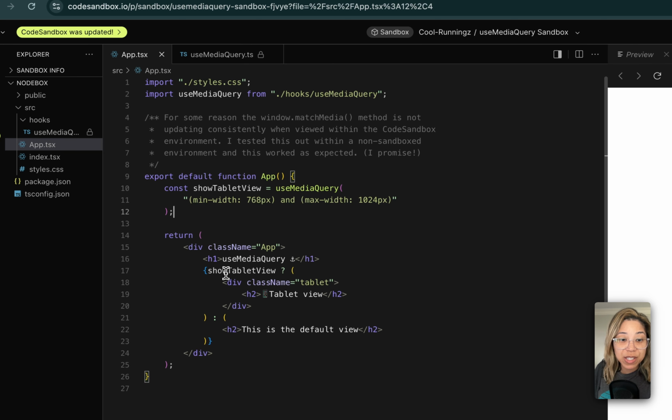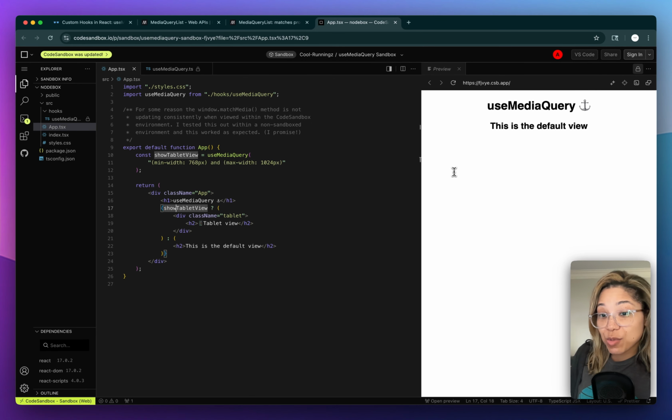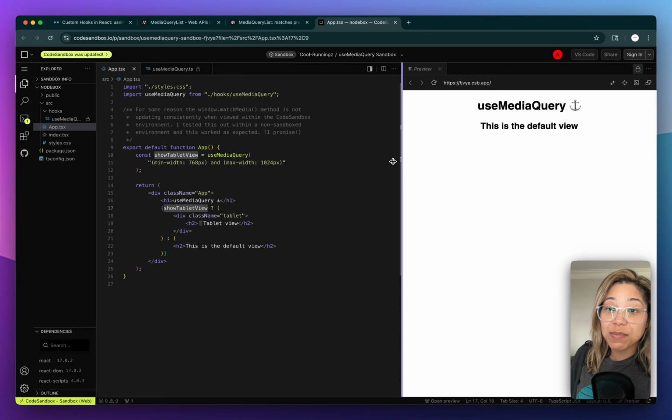And if you notice within here, we just have a simple conditional. If it's showTabletView, then we literally have just a heading that shows that. And if not, we show the default view. So right now we're just showing the default view, which means the media query object is not matching. But if I go ahead and move the screen,